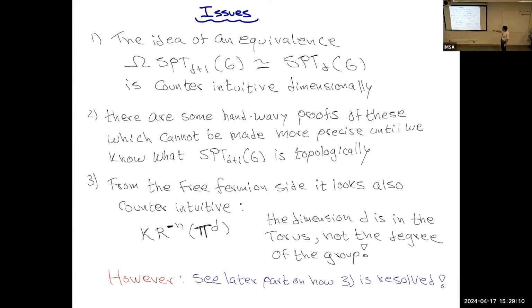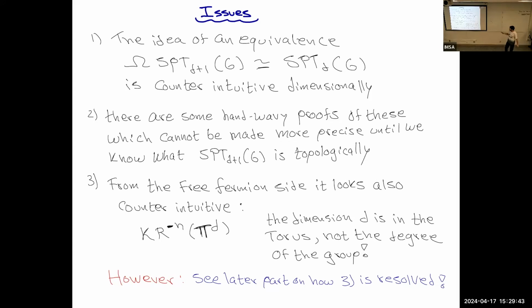Okay. The second thing is that until we know exactly what this thing is, this proof that these two things are the same will always be a bit hand wavy, right? Because proving topological equivalence between two spaces, you need to know what the spaces are in general, right? I mean, sometimes you can say some properties that will allow you to put them in the same homotopy type or whatever, but in general, this is very hard.